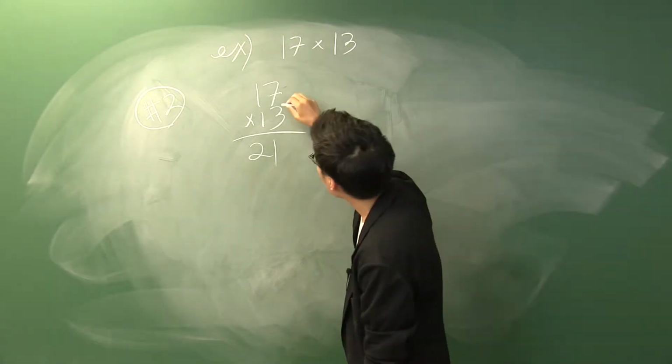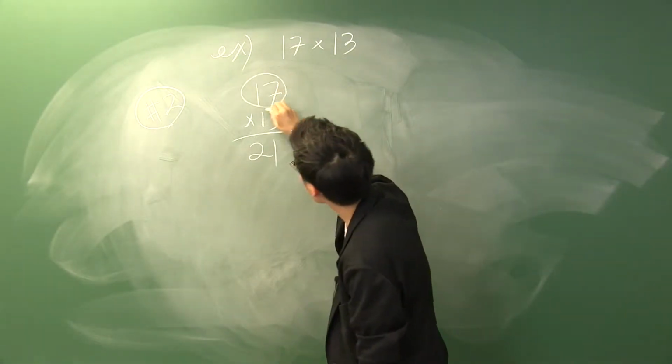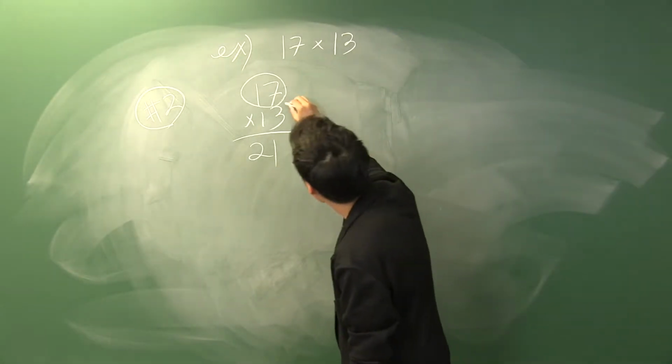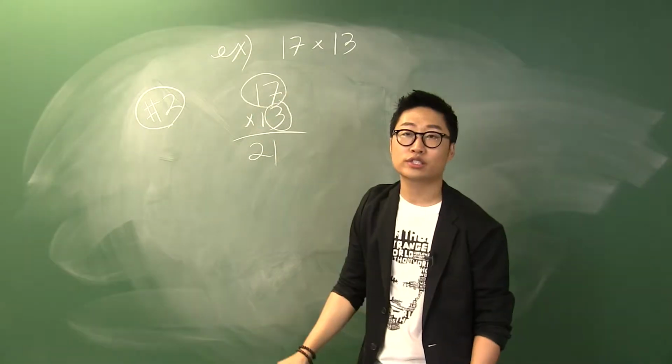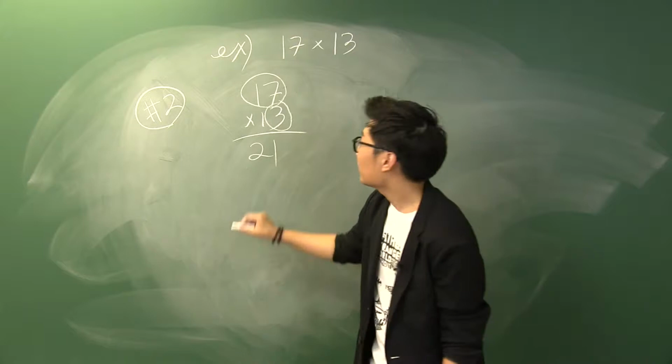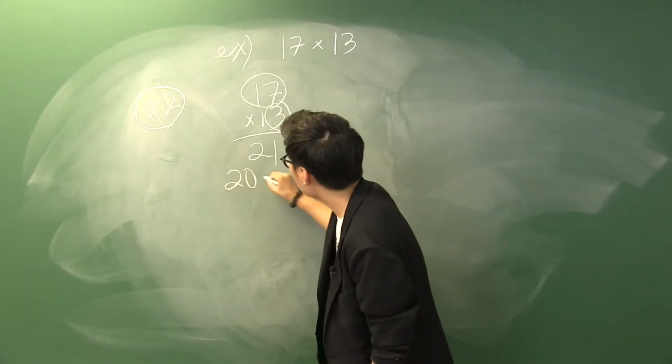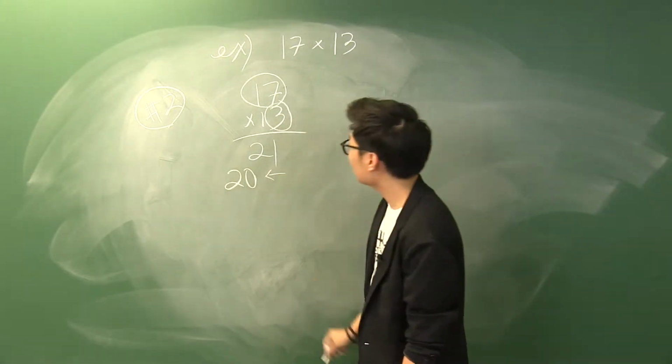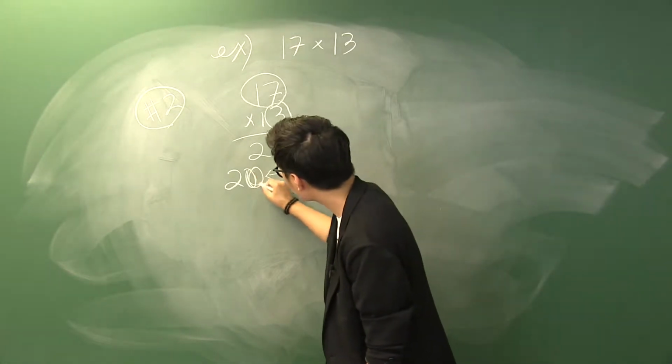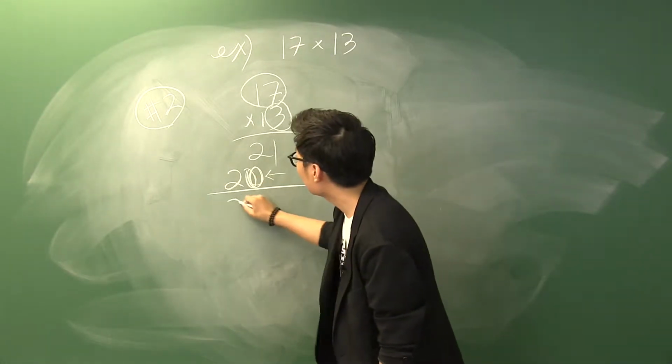And what I'm going to do next is I'm going to take this 17 and then I'm going to add it to 3, which is what, 20, and put it right here. Make sure to shift this one over here. So put it right there. And this still comes down to